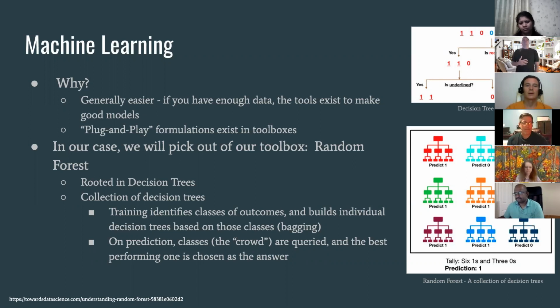So there's a billion and one different machine learning optimization methods that you can pick out of a toolbox. We're going to pick one tonight, and that's called random forest. We're not going to attack a neural network. That's the more popular thing, and when you say AI, people tend to gravitate towards neural networks. We're not going to use neural networks because you need a massive amount of data to even get close to a right answer. We're not going to do that tonight. We're going to start with a simple example. And random forests are really good when you have smaller amounts of data, and they're relatively easy to understand.